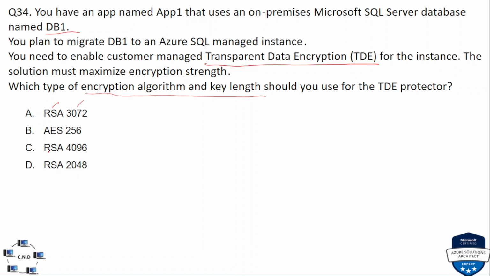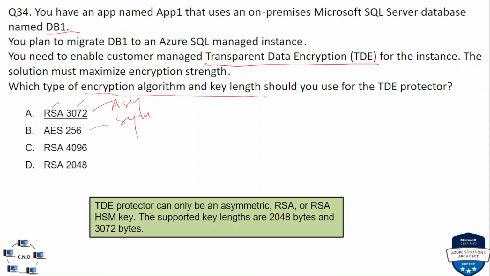C, RSA 4096, and D, RSA 2048. So RSA is basically an asymmetric encryption algorithm, while AES is basically a symmetric encryption algorithm. And the correct option is RSA 3072, because the transparent data encryption protector can only be an